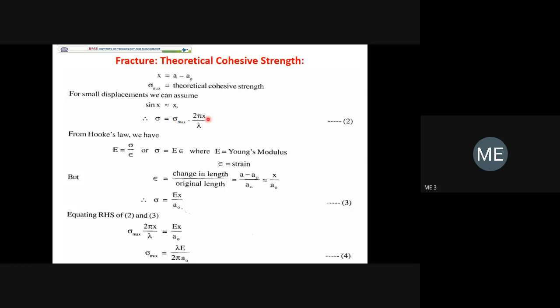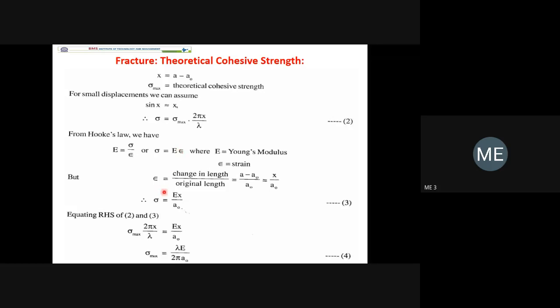So now after substitution, you will get this equation. From Hooke's law, we know that Young's modulus E is equal to sigma divided by epsilon. Sigma is equal to E into epsilon. Those formulas you know. So now finally we have the equation for sigma: sigma is equal to E into epsilon, that you studied in your